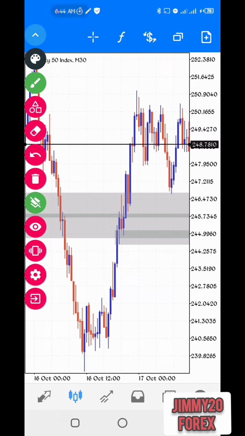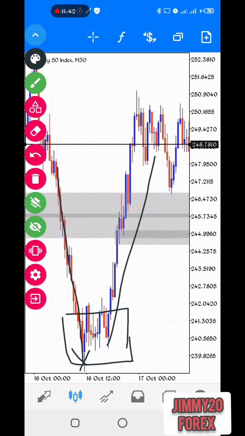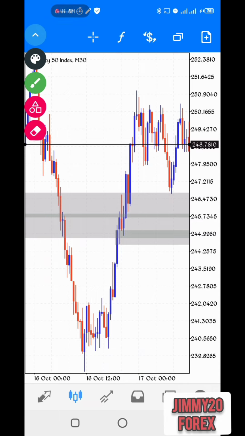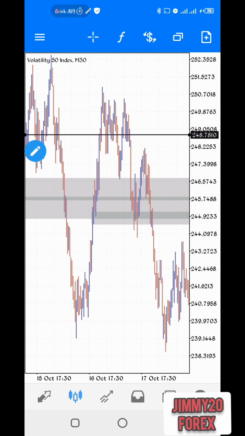Also, this one is a demand area. This one is a demand area. This one is a demand. This one is a drop. And then this one is a base, and this one is a rally. So when the price returns to this base, you have to buy. You have to buy when the price returns to the base,